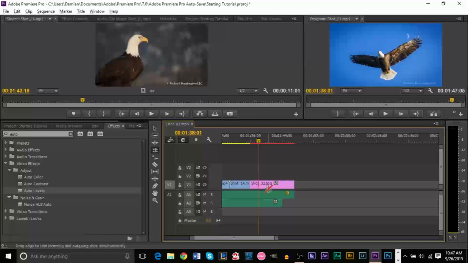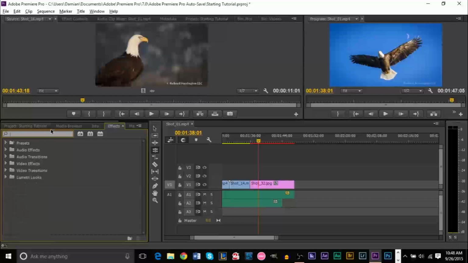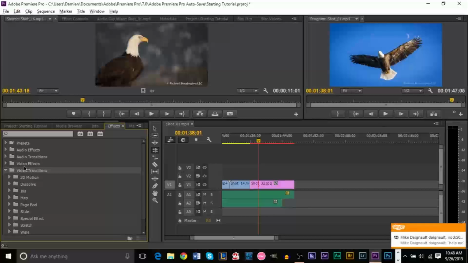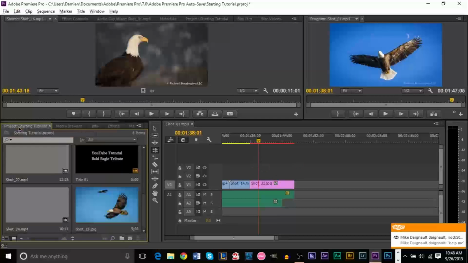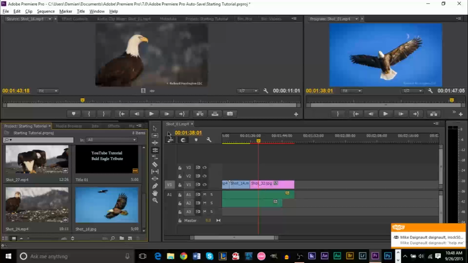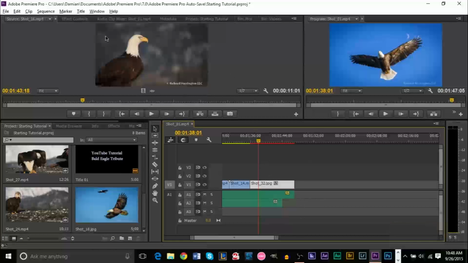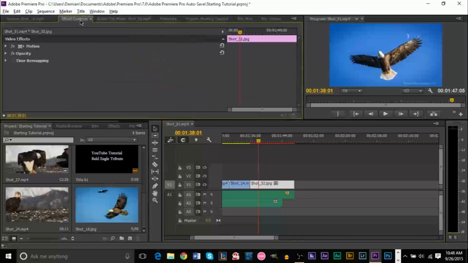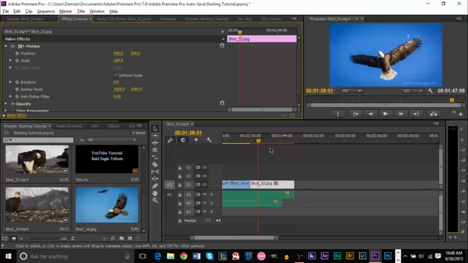All right. So to add effects to pictures, it's really pretty much the same thing. You see we have video transitions and video effects and audio transitions. But for effects, I've only ever used effects by clicking the picture and then going to the effects controls, and I really only play with opacity and motion. So for motion, if you want to create a zoom in, zoom out sort of thing,